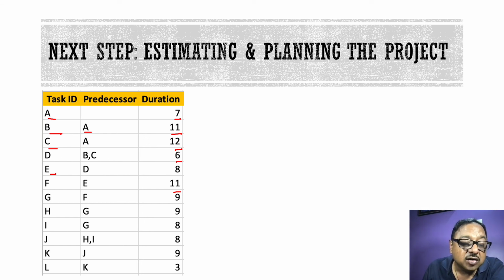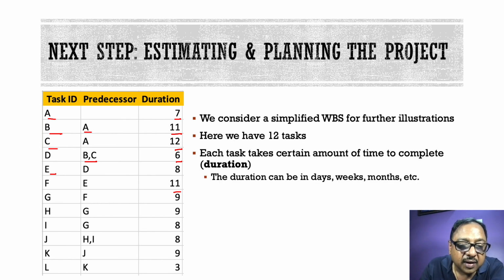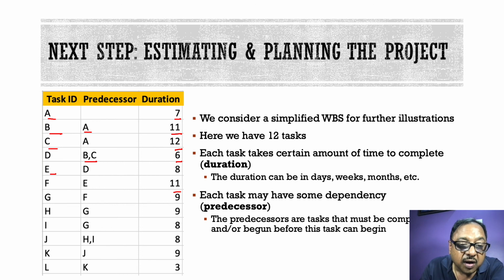These dependencies are known as the predecessors. That is, which task has to be performed in which manner according to a logic. So, for example, you notice that task D in my plan cannot begin till tasks B and C have been completed. So we have to make this plan. Once we have this plan, we will have our basic ground based on which we can go ahead and plan our project or schedule our